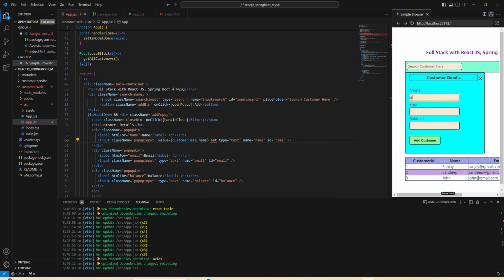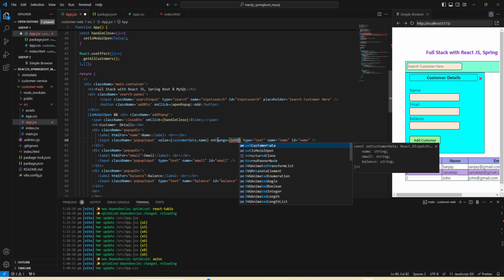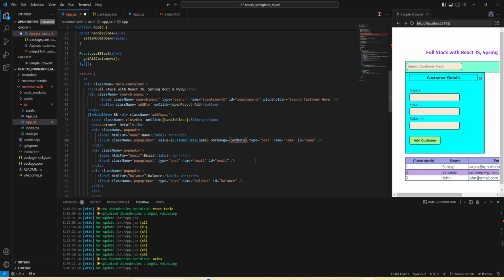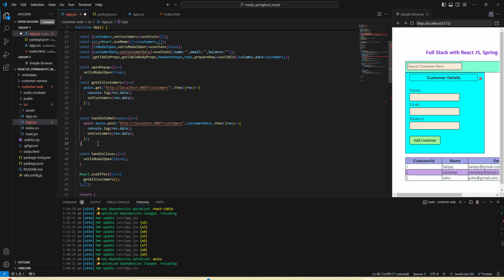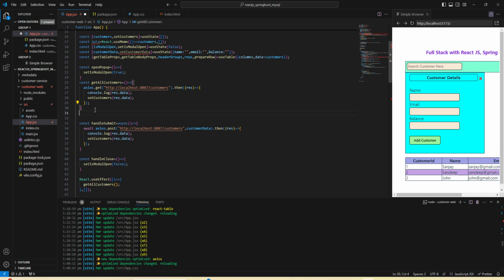Say if we are changing the text, accordingly it should set the data. So we can call on change, and on change we can set, let's set data. Fine, or set customer we can say. Fine, and here we can call the set customer constant method here,